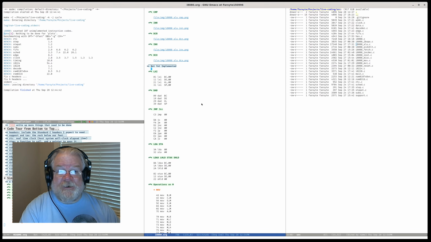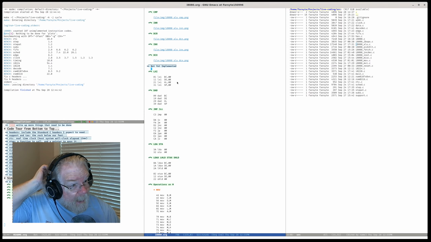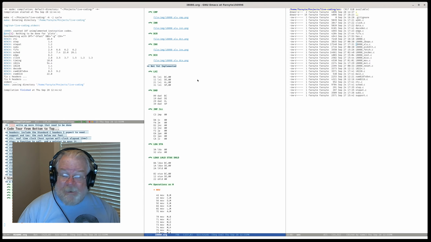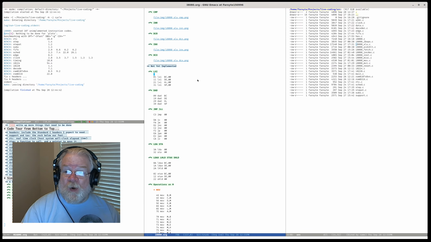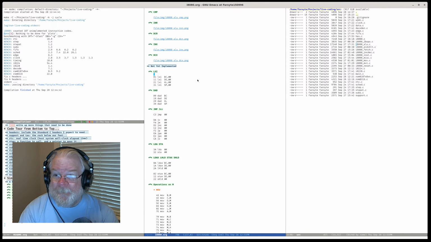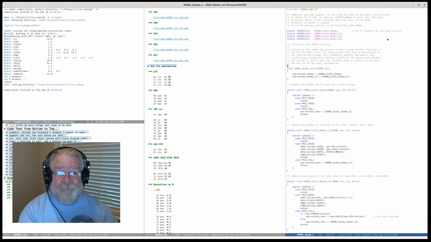That would be the LXI instruction, which loads 2 bytes. So the next 2 bytes in the instruction stream get loaded into a register pair. And I think I can get that done today without too much problem. It is going to require a bit of infrastructure work, though. So we have an existing bit of code called 2bops, which is the second byte of the operator. Now, 2bops comes in and says, okay, I'm going to run a machine cycle that reads a byte from the instruction stream and then turns control back over to the instruction.